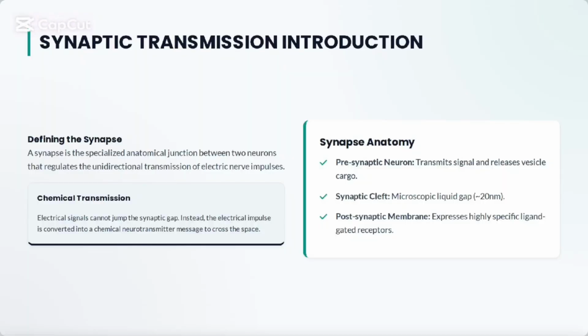Definition of the synapse, chemical transmission concept, and synapse anatomy: presynaptic neuron, synaptic cleft ~20 nm, and postsynaptic membrane with receptors. Simple explanation. Nerve cells do not physically touch each other. There is a microscopic, fluid-filled gap between them called the synaptic cleft, ~20 nm wide. Because electricity cannot jump over this gap, the electrical impulse is converted into a chemical message, a neurotransmitter, to cross